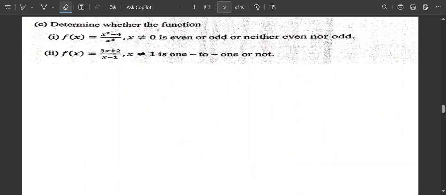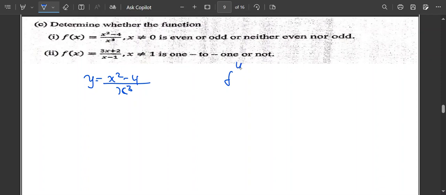So, determine whether the function is even, odd, or neither. The function is given as y equals x squared minus 4 over x cubed. Since I have the highest power as odd, which is 3, I'll start with proving odd first. So I'll say if it's odd,